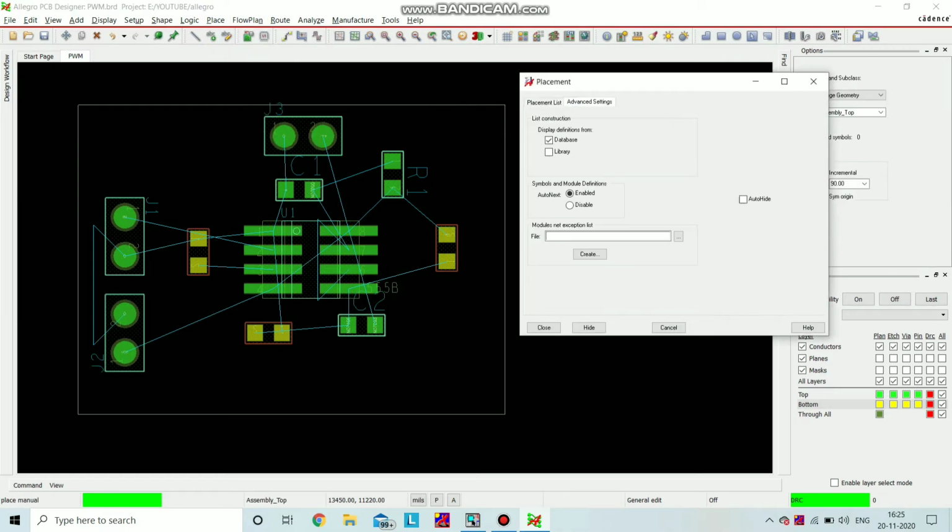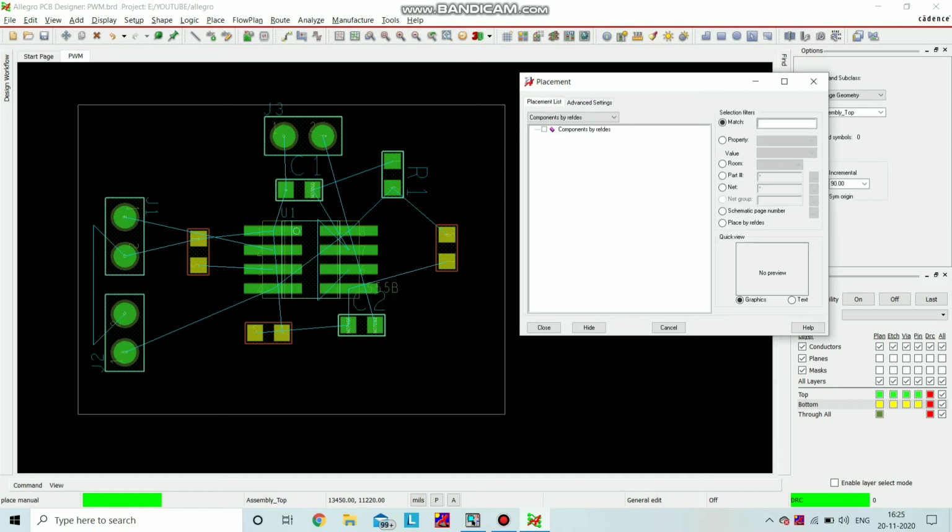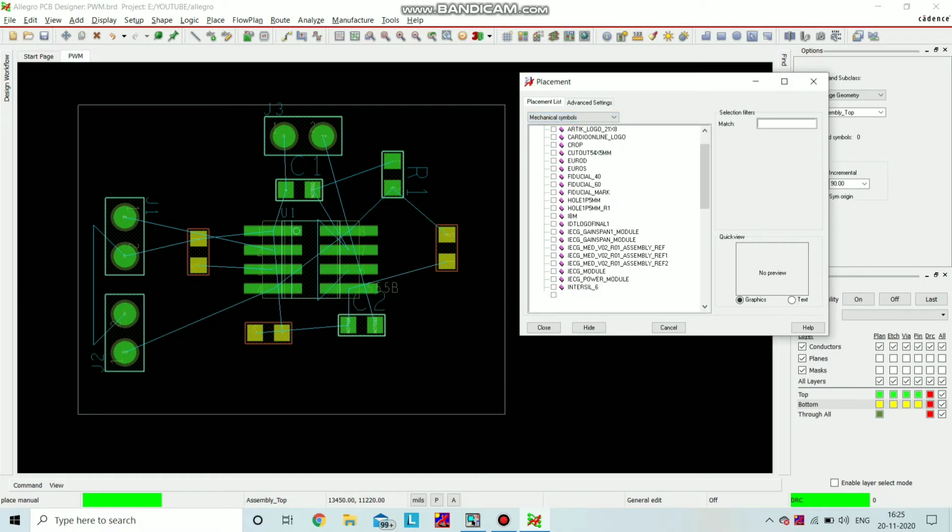Now we have placed all the components. The green color ICs, connectors and resistors are placed on the top side, and three resistors are placed on the bottom side. Now we are going to place the mounting hole to fix the board.